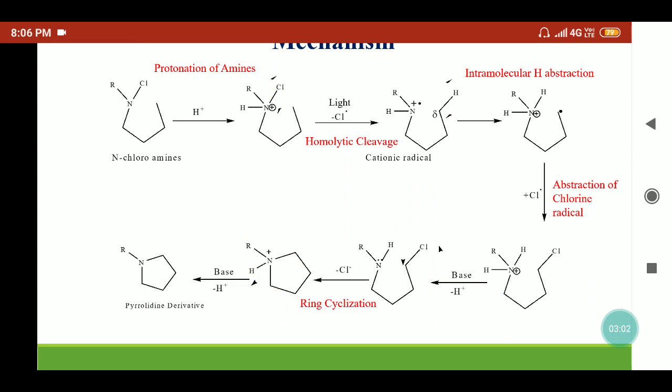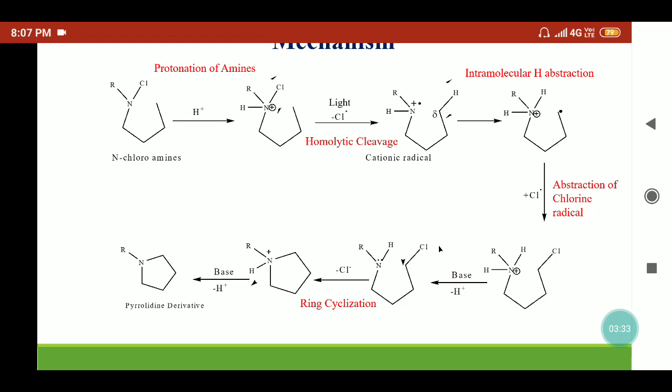N-chloroamines will be treated with the acid and it will protonate the nitrogen. So we will get the alkyl ammonium chloride salt. In presence of light or thermal condition, homolytic cleavage will take place, which will produce the cationic radical. This cationic radical will abstract the proton by intramolecular hydrogen abstraction process and we will get a carbon radical. This carbon radical will abstract the chlorine radical and convert into